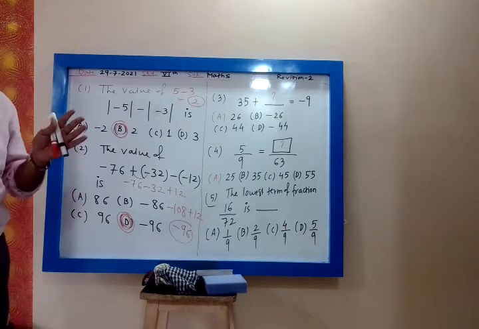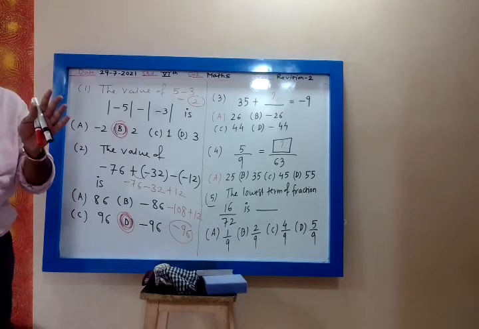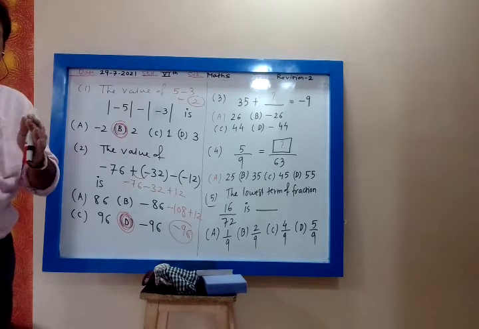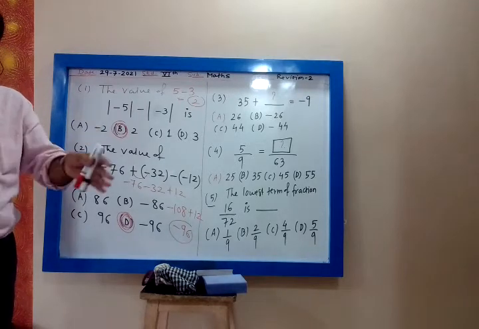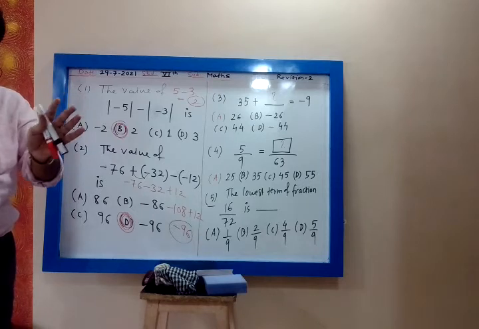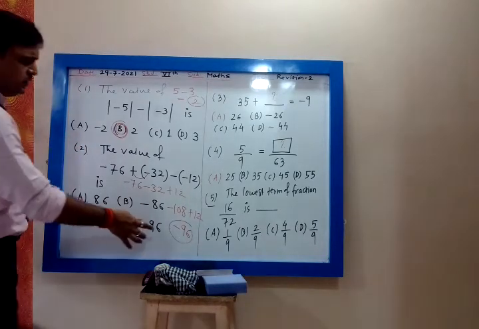So getting the correct answer is not too much of a thing. The best part is attempting the question. Do not worry whether I will get it correct or incorrect. Do not worry about the answer. You go for attempting the question in the proper way. Very good. So you got 96.